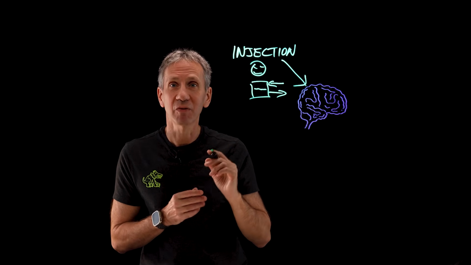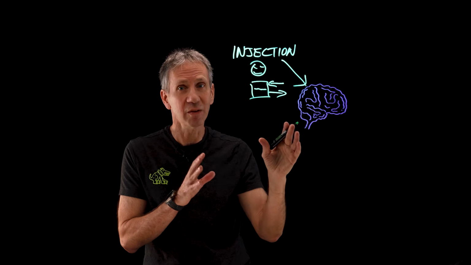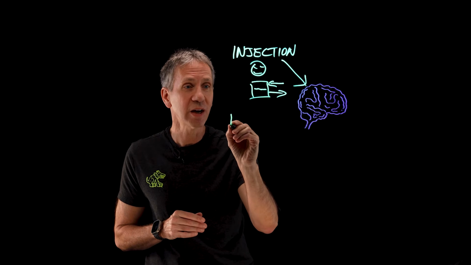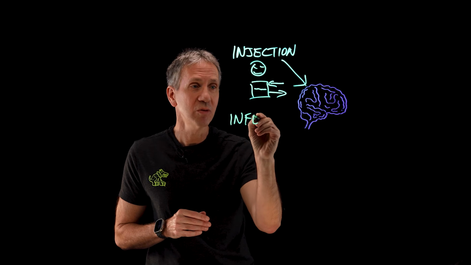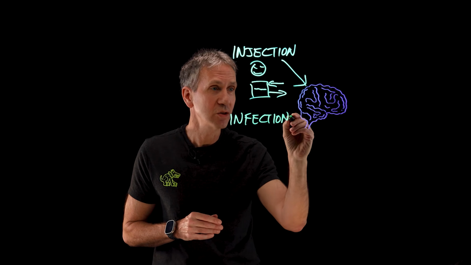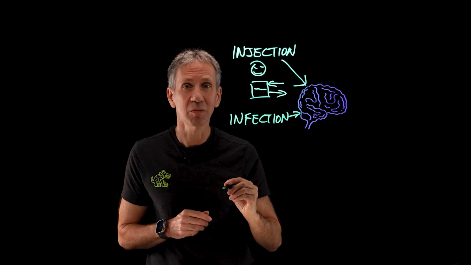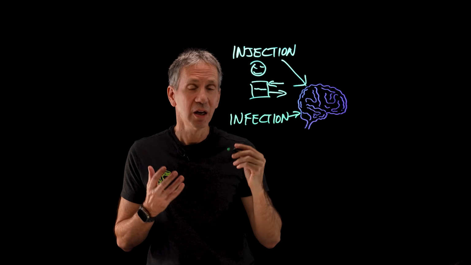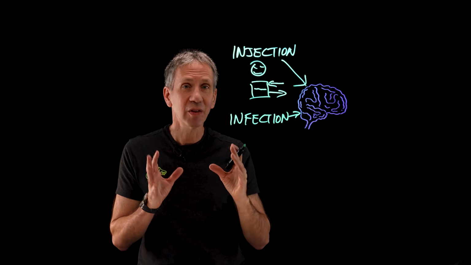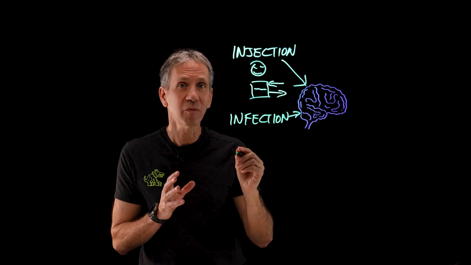What's another type of attack that we think we're going to be seeing? In fact, we've already seen examples of this to date, is infection. So we know that you can infect a computing system with malware. In fact, you can infect an AI system with malware as well. You could use things like Trojan horses or backdoors, things of that sort that come from your supply